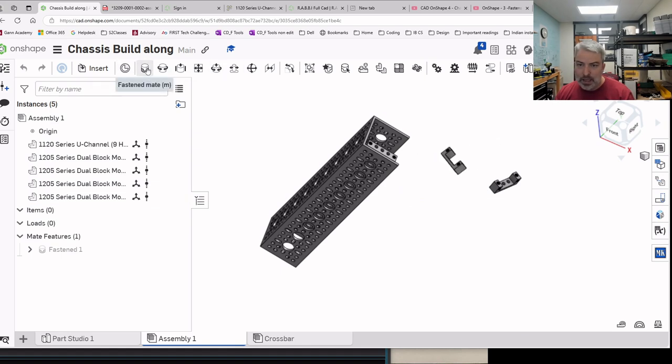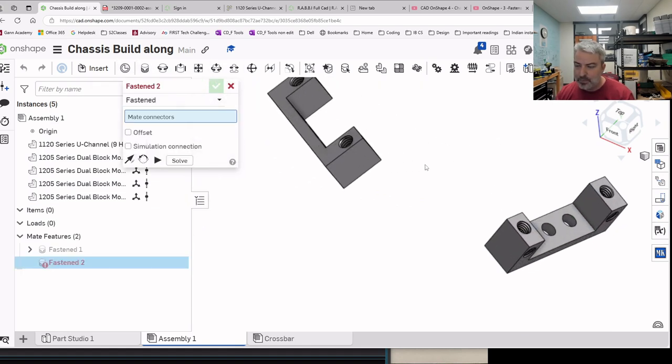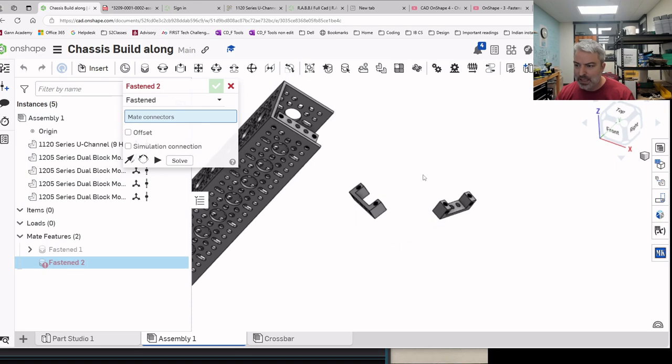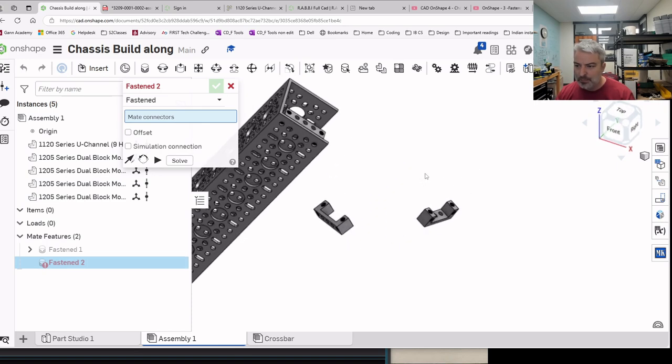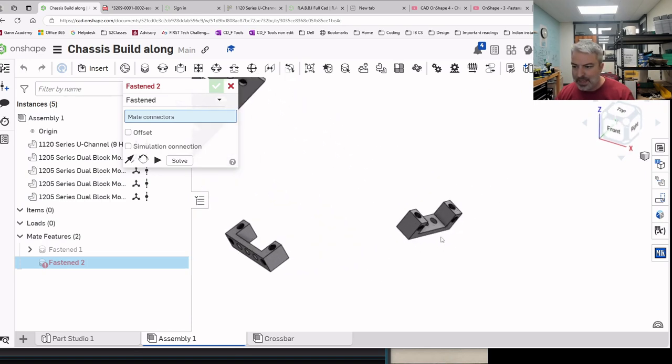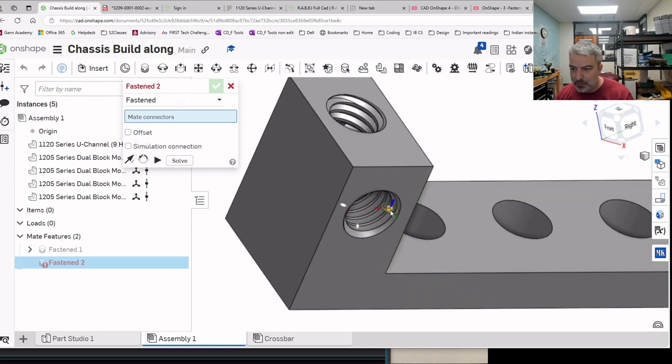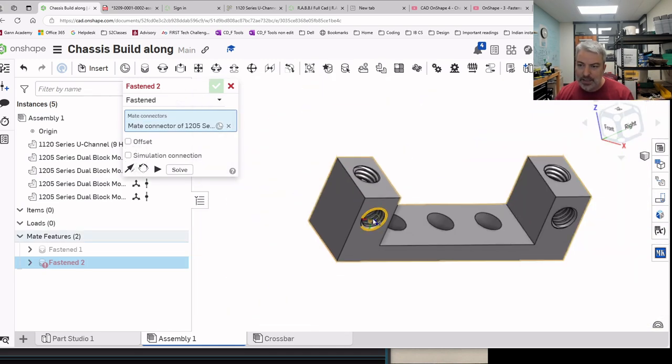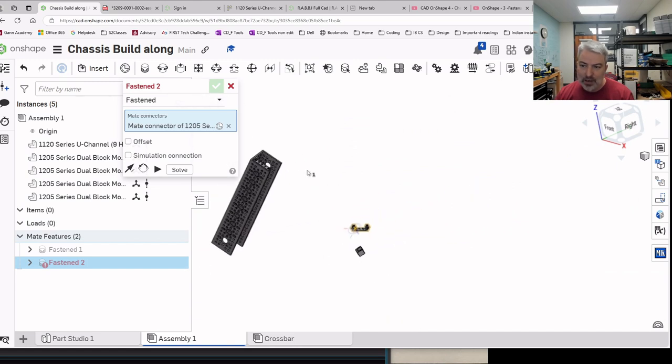So I'm going to take my fasten mate, and let's see. We really got to think about what side we want where. I think this comes from practice, but I think it should be this side. Again, that is not the right spot for my mate connector. I might need to move around this circle a little bit. Oh, it's right in the center, just where I want it. So I'm going to click that as one fasten. And then my other side,